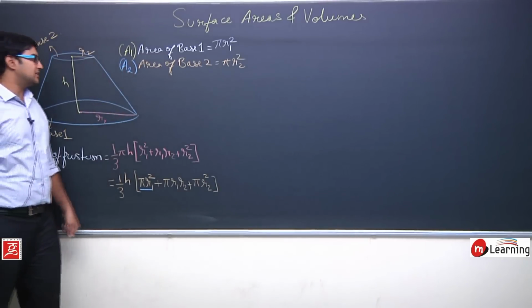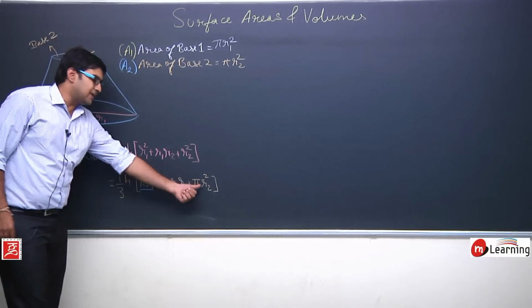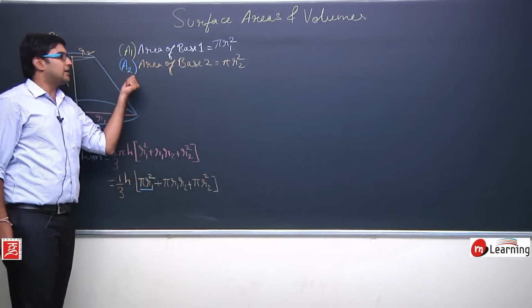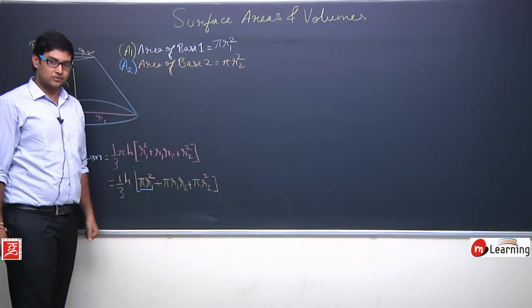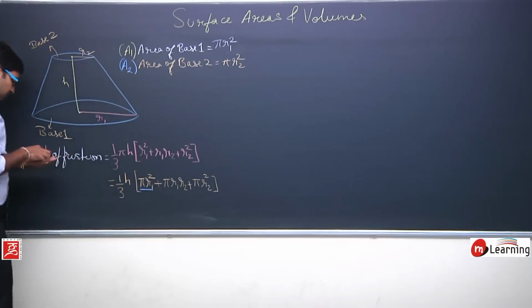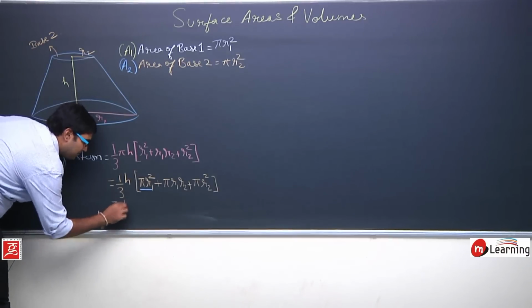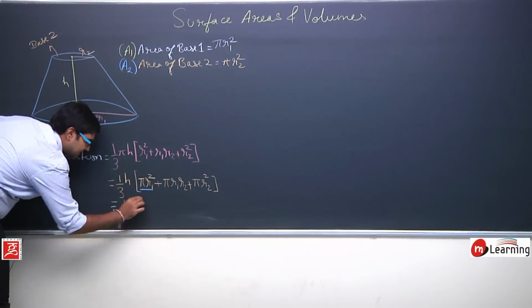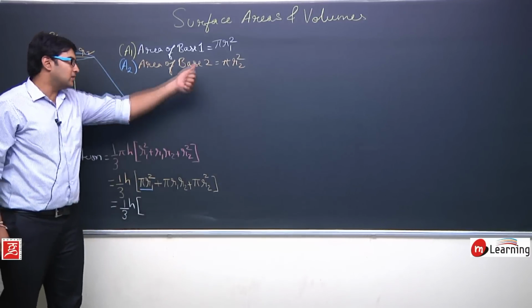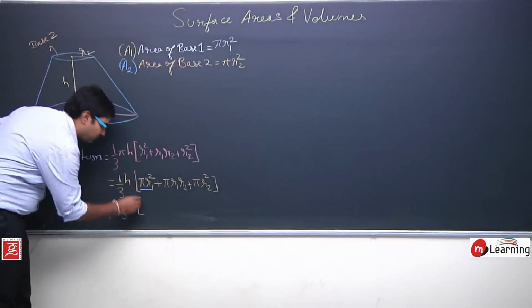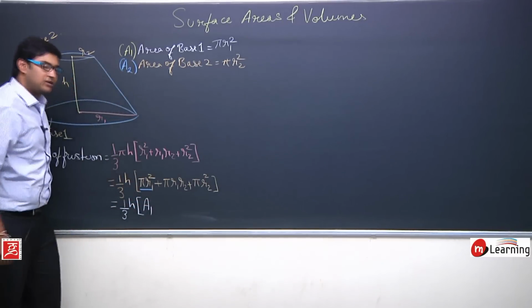In place of pi r2 square I can write a2, in place of pi r1 square I can write a1. So I can write it as 1/3 h as it is, and in the bracket, pi r1 square is basically a1, so I will write a1,